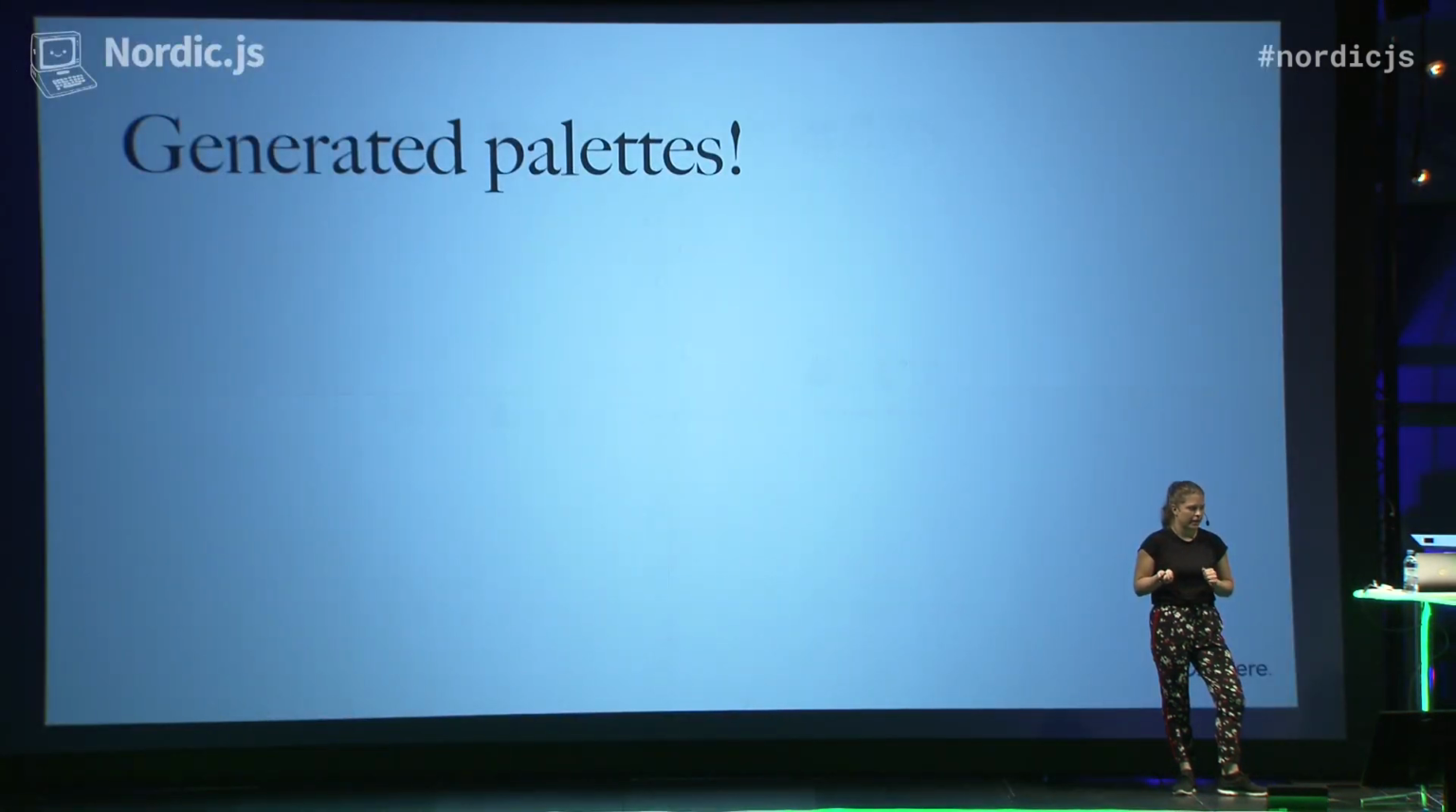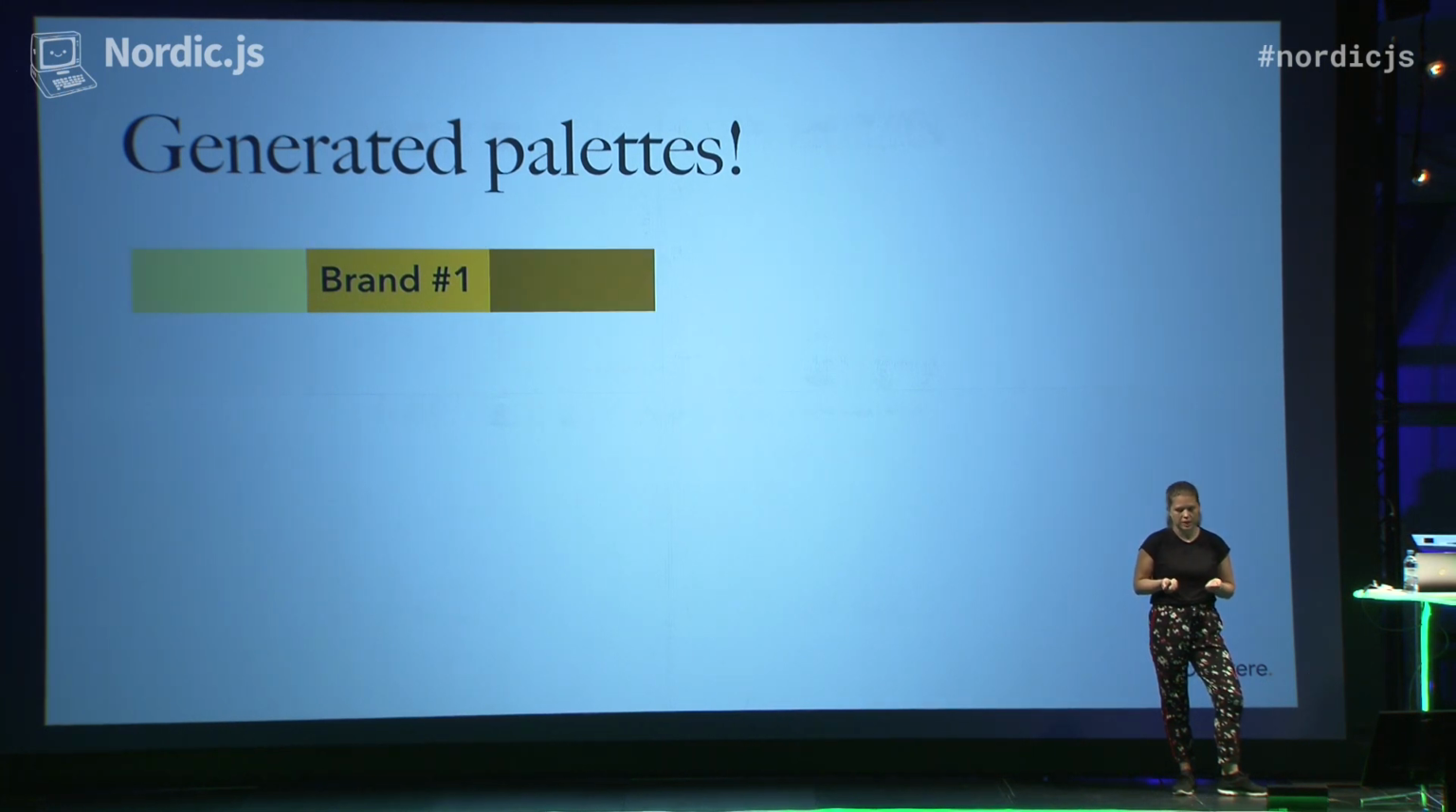So this is what we will have. Brand color, which is light enough, will have black text. And we also generate lighter and darker versions of that color to have hover effects and such. And if the brand color is darker, we will change the text color to